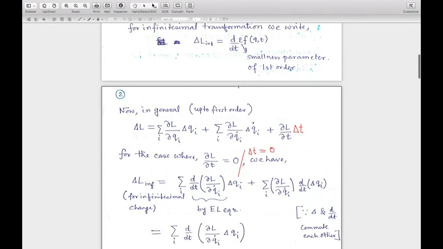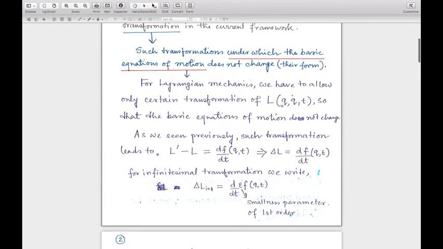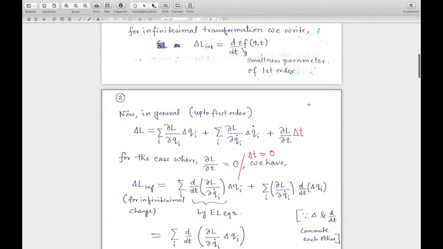Okay, now if we are talking about L as a function of q, q dot and t, then any arbitrary change of the Lagrangian, of course by an infinitesimal amount, and that's why we are talking about the change up to first order only, any arbitrary transformation of the Lagrangian, which we define simply by the symbol delta L, will then be equal to the summation over i of del L del q_i delta q_i, where i is running from 1 to n, where n is the number of degrees of freedom or the number of generalized coordinates of the system, plus the summation over i of del L del q_i dot delta q_i dot, plus del L del t times delta t.